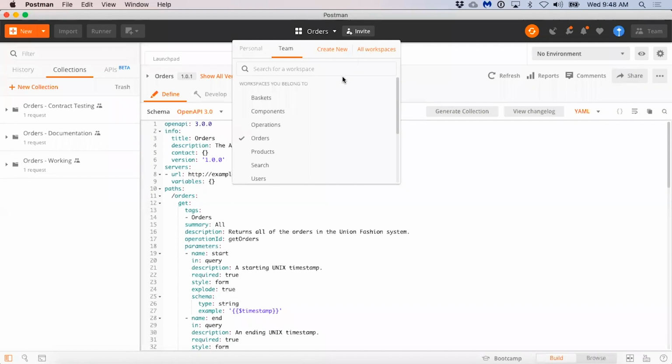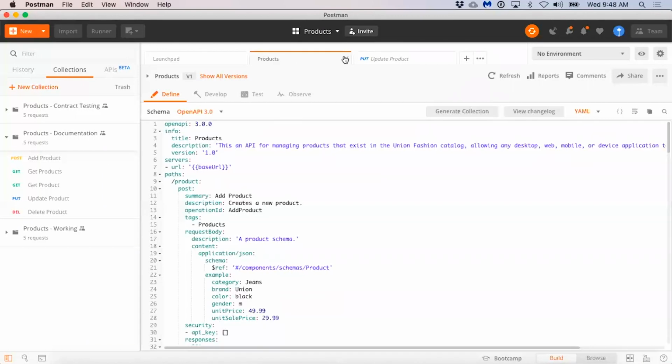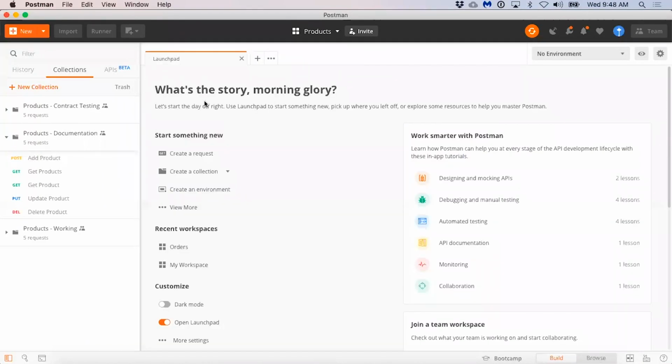To help keep things organized, Jeff has set up workspaces based upon every API that's being developed. So for our e-commerce API, we have a products workspace, we have an orders workspace where we're able to organize all of the artifacts, all of the teams, and all of the activities around each of our APIs that we're developing.